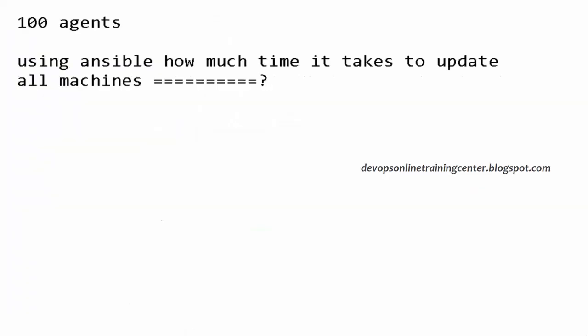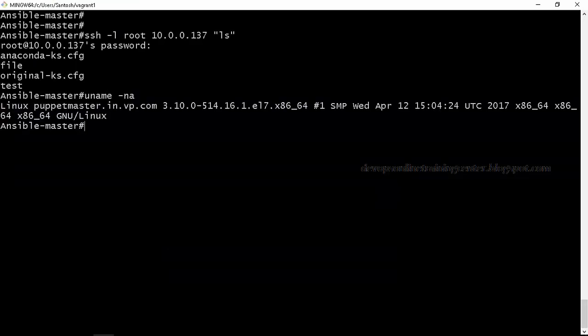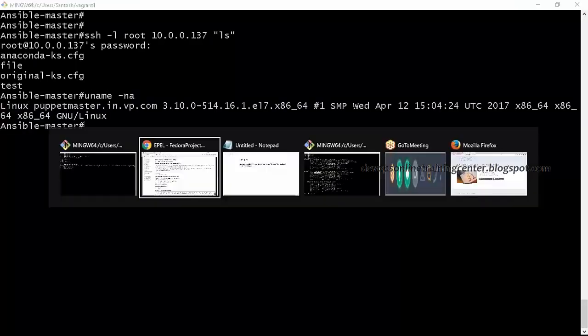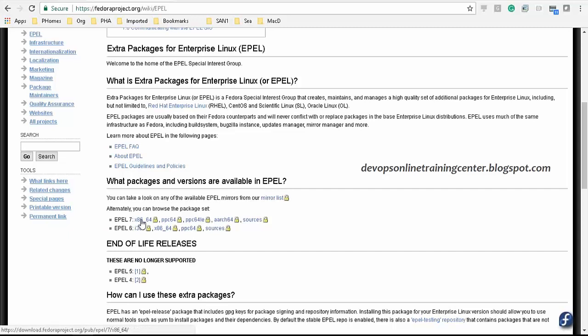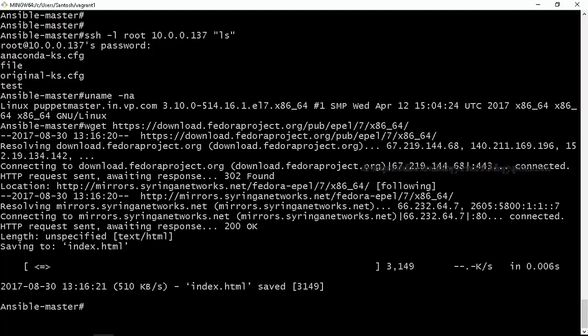Yes, uname -a will give the correct architecture, and based on that you select the package. If you see it is x86_64, you need to select this package. You copy the link and just say wget, and you'll get the package.